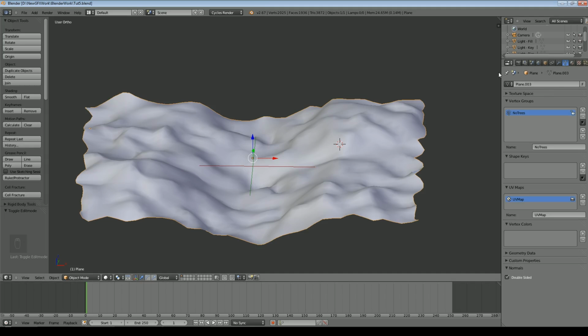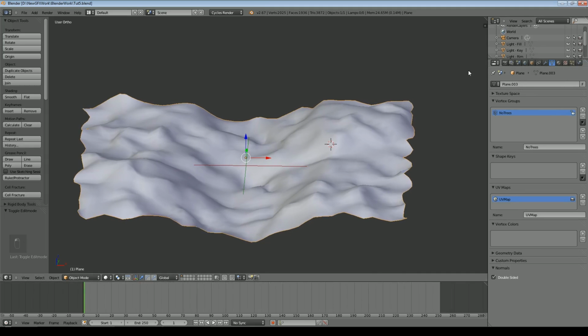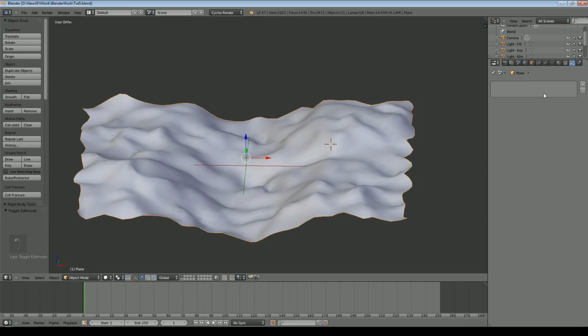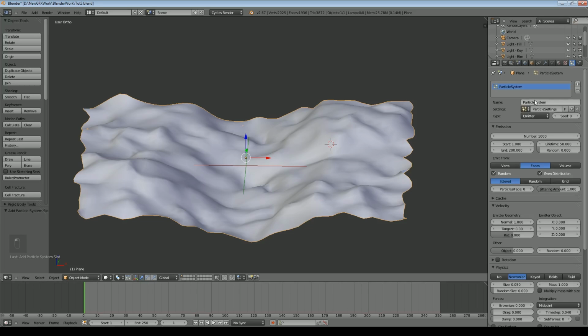Now come over to the far right hand side. This bar's a bit longer now that they've added this Render Layers button, and we click the Particle button. Click plus and try to name them, because if you don't, it's going to be difficult later on knowing which one you're changing. So the name and the settings are both called trees. We probably don't want 1,000 trees, so we'll just set that to 100 at the moment.